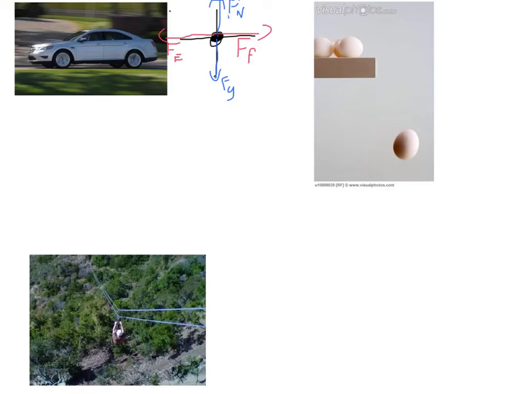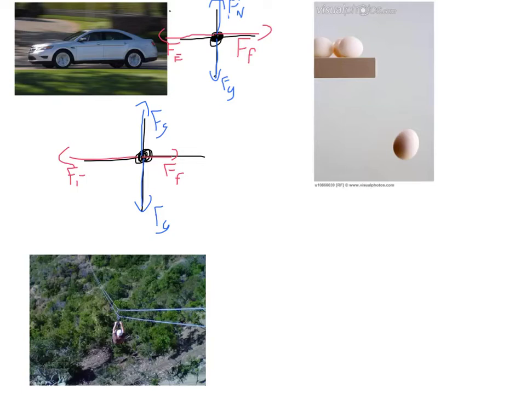So if I had a situation where, let's say, the car was accelerating, all right, so if the car is accelerating, that means that the force of the engine would have to be greater than the force of friction. So I'm going to purposefully draw it like that. Gravity, Fg, force of gravity, and normal force, once again, are balancing out. A note about normal force. Normal force is always